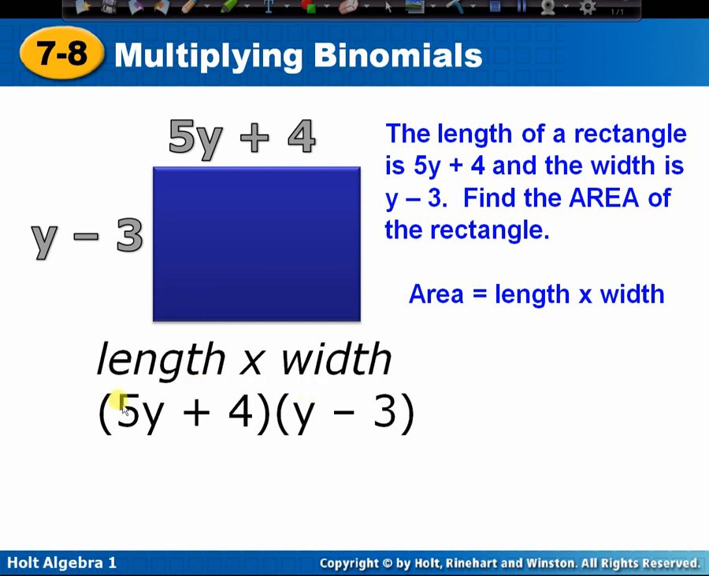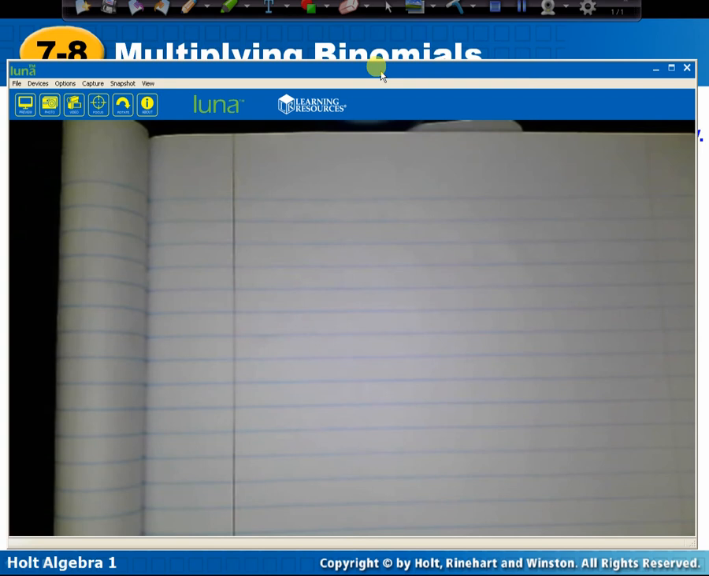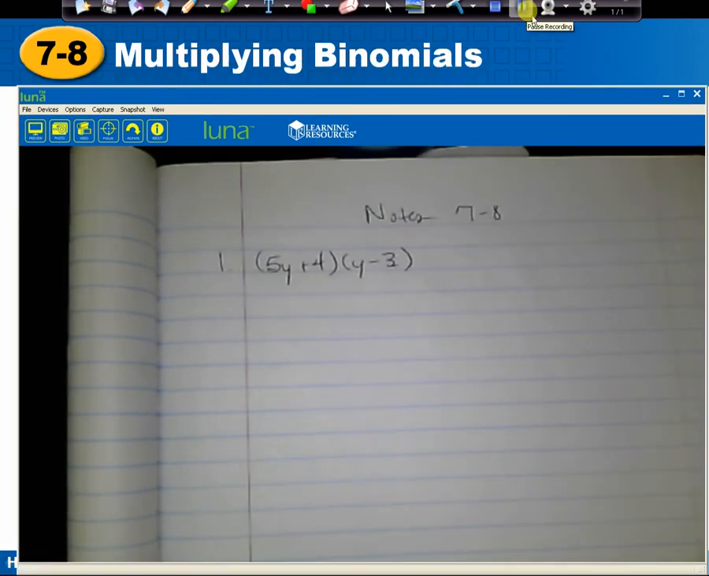On your notebook paper, I need you to write open parentheses 5y plus 4, close parentheses, open parentheses, y minus 3, close parentheses. This is going to be example number 1. You don't have to draw the rectangle. Okay, so we're going to look at this example on paper. Alright, I've copied this example over to my paper, and now I'm going to work it out just like we